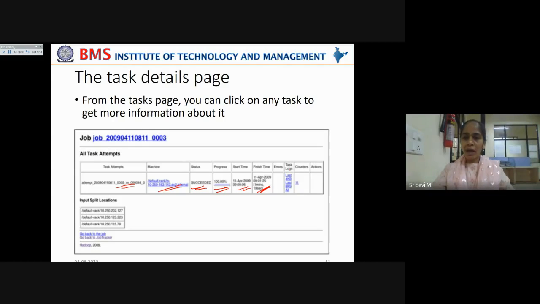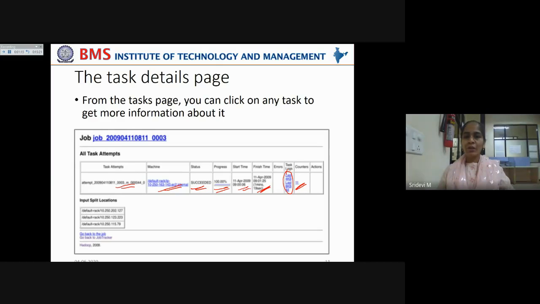And you can also have access to the task logs here. These task logs help us go through the log details and see what the error actually is, as I said, whether it is due to erroneous data or other anomalies. And the task counters here have increased.